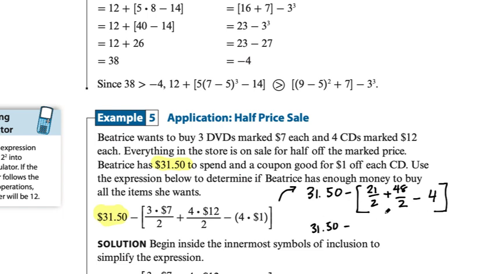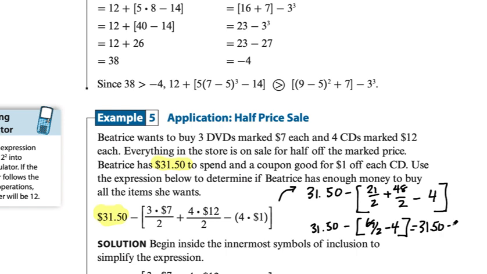Let's simplify this a little bit. I can join like terms together, or I can join these fractions together, which is going to give me 69 divided by 2. And then I'm going to subtract 4. And when I have 69 divided by 2, that's going to be 34 and a half, I believe. Let me write it this way, 69 over 2 minus 4. And I think my number is right,